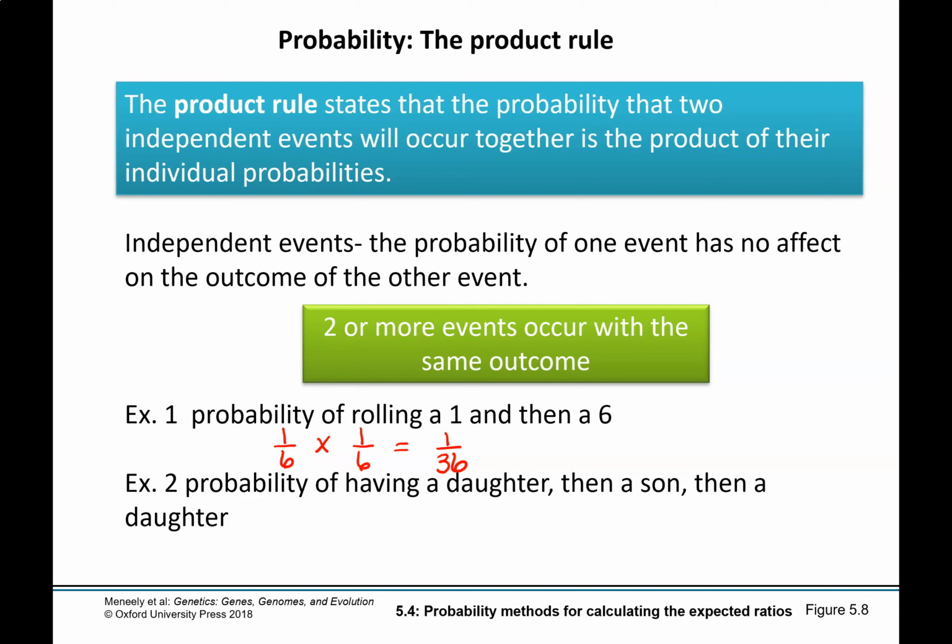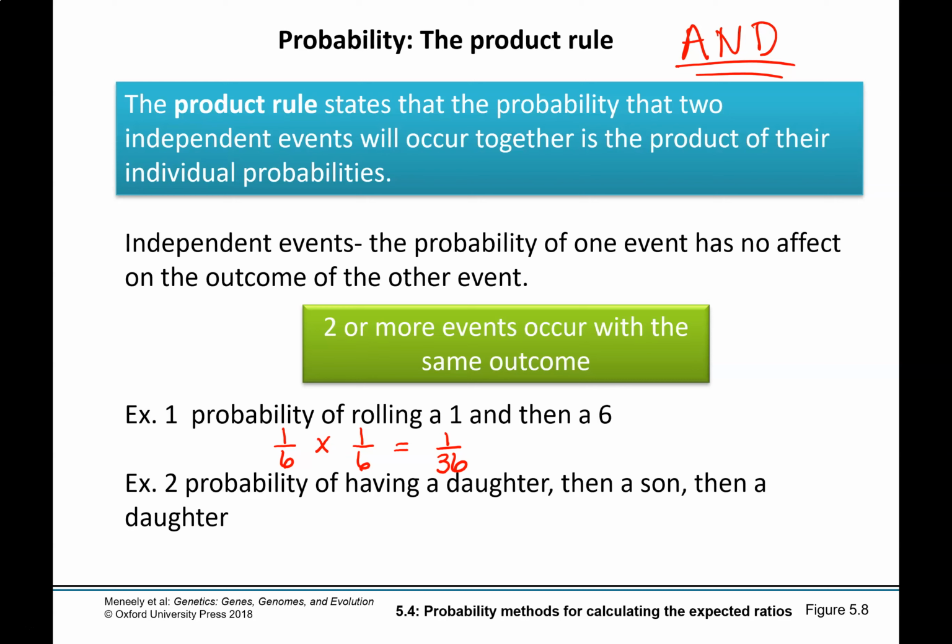I like to think of this as the and rule. And this is sort of a trick to help you figure out what rule you need to use. However, it is not 100% because sometimes questions are slightly misleading in the way that they are written. So you can't necessarily look at what the question is stating. You have to think about what the problem is asking. So the probability that I'll roll a 1 and the probability that I will roll a 6, we multiply them. So let's look at another example.